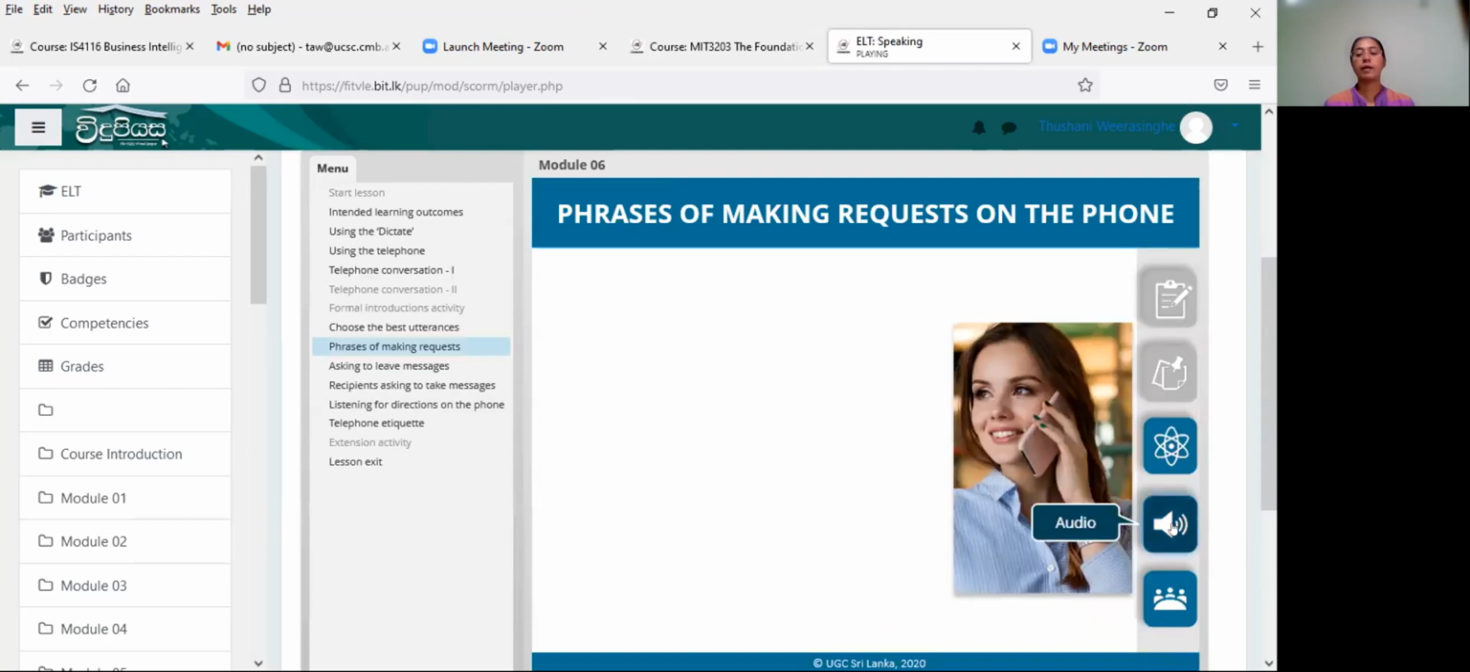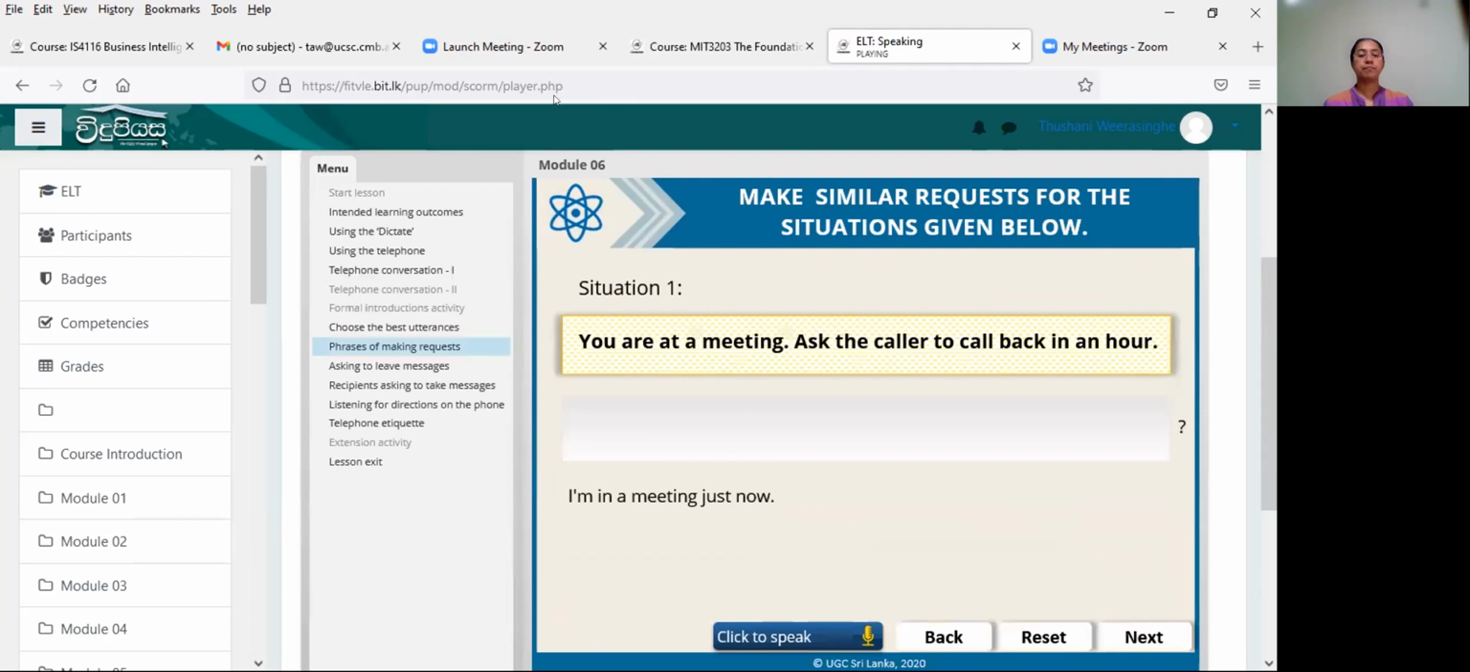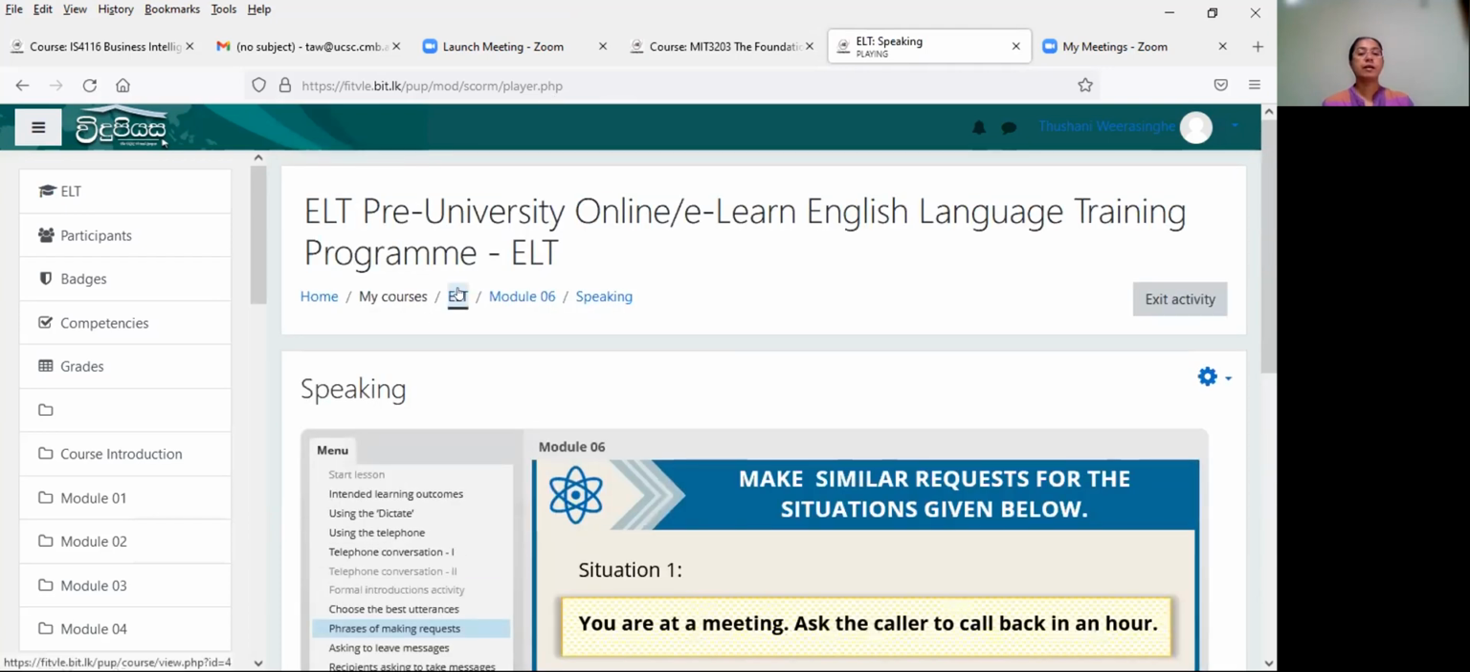to the following phrases of Okay, making requests on they the can phone. Example, engage with a lot of situation activities. 1. You are at a meeting. Ask the caller to Okay,